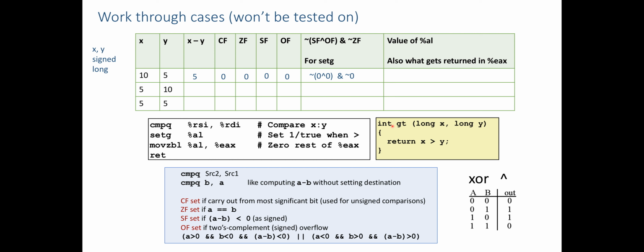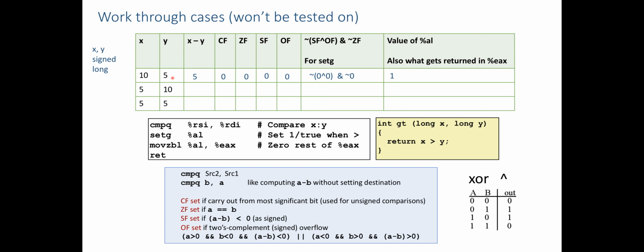So how does this work? Here's our exclusive OR truth table, so you remember that. 0 exclusive OR 0 is going to be 0. So this part is going to be 0. And then when we complement that or flip the bit, that's going to be a 1 on this side of the bitwise AND. And then if we complement 0, that's going to be a 1. So this is going to be 1 and 1. That then comes out to be 1. So indeed, set G here is going to put a 1 in AL, and it is true that 10 is